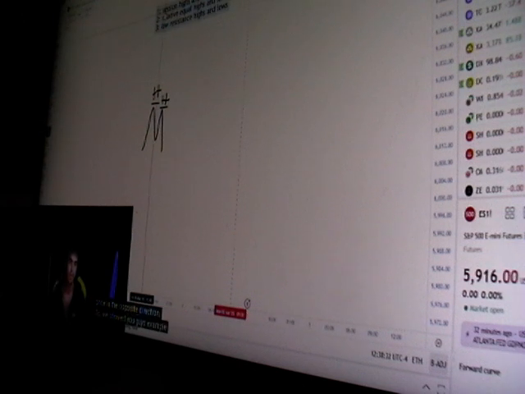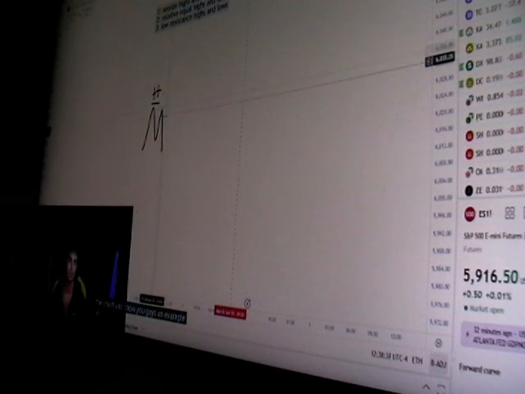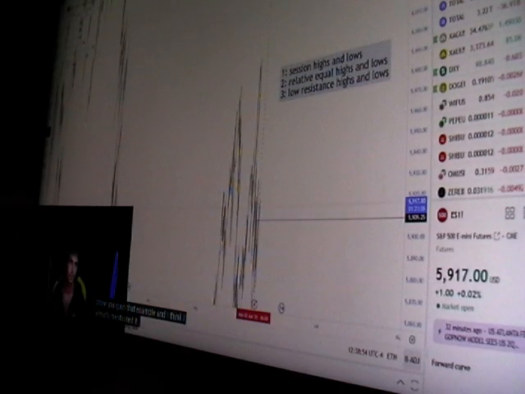So we showed you guys an example of session highs and lows. Now we'll go on the chart and show you guys an example of relative equal highs and lows and low resistance highs and lows, because they're pretty much the same thing. There was a really good example of this on the 4-hour 2 weeks ago, so I'll show you guys that example. And I think I already mentioned it. Go ahead and take this indicator off.